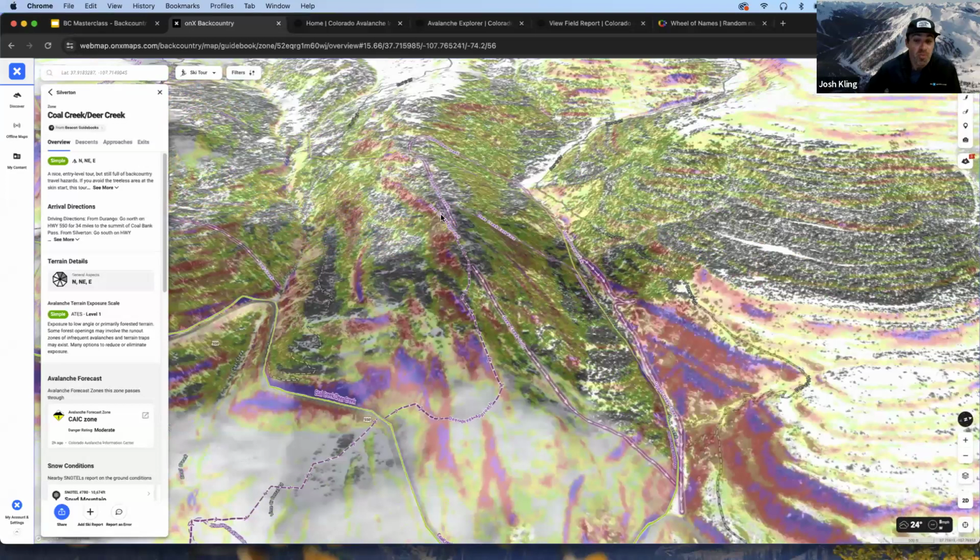Totally. So people don't want to have to hike out. So they hike up the Deer Creek approach, and then they try to ski this angle off to the side on this horrible traverse. And that angle is not only not fall line skiing, it's way more easterly facing and often way crustier. The way Deer Creek is, I don't want to say designed to be skied, but if you want the maximum bang,